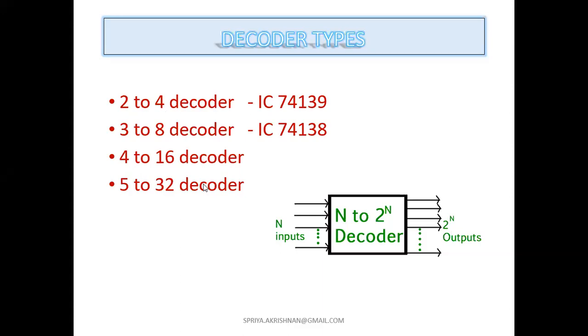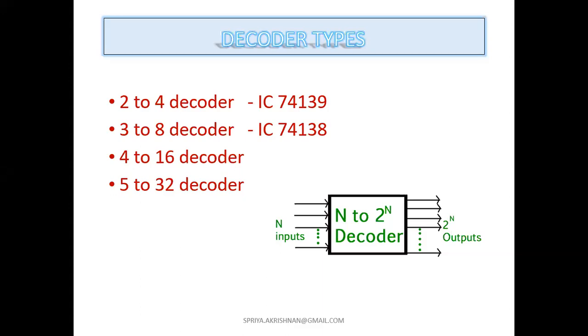Yes. So what is the application of this decoder? We discussed it in the theory session itself. Decoder is like which one you want to select, which portion you want to select. That is the application of decoder.